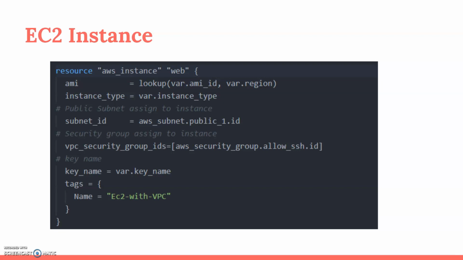And the next one which is important is the subnet ID. We are passing the subnet ID which is created through the VPC. So we have passed this public subnet ID over here, that's public underscore one ID. We will see in the next slide how to see the created subnet ID. The next one is the VPC security group. We have created a security group to allow SSH for inbound traffic and allow all traffic for outbound. This is a custom security group which is not the default. We will also see that in the next slides.